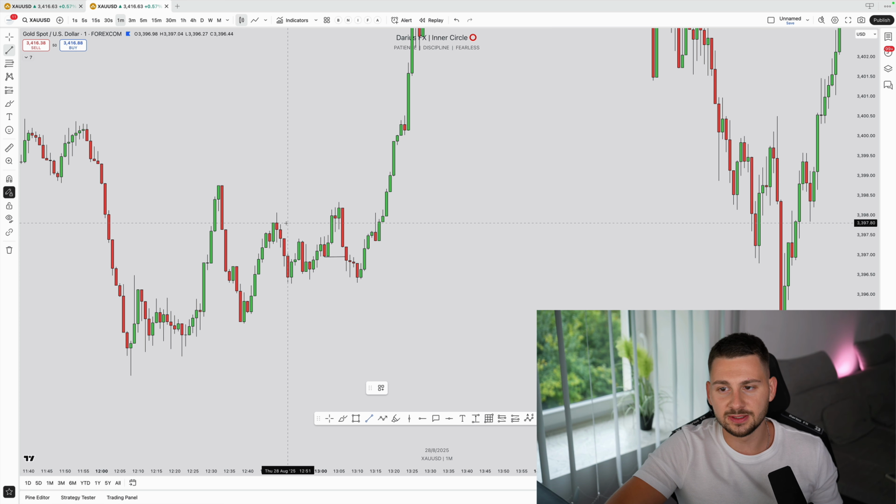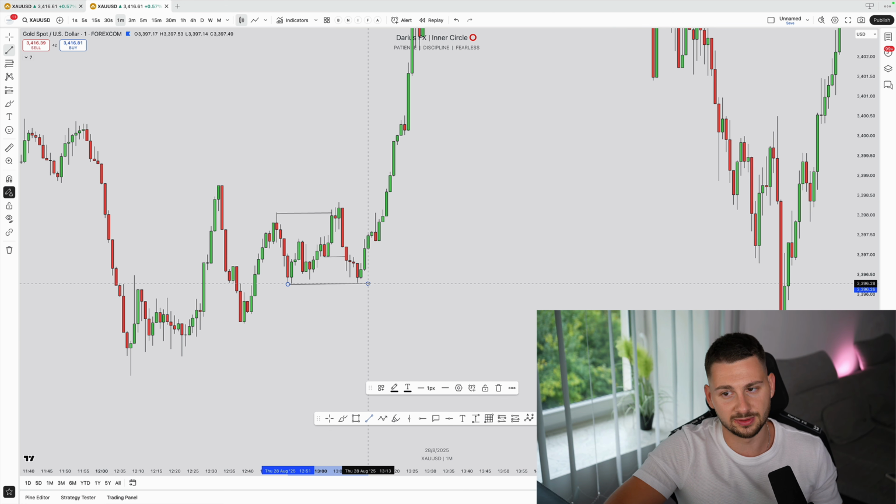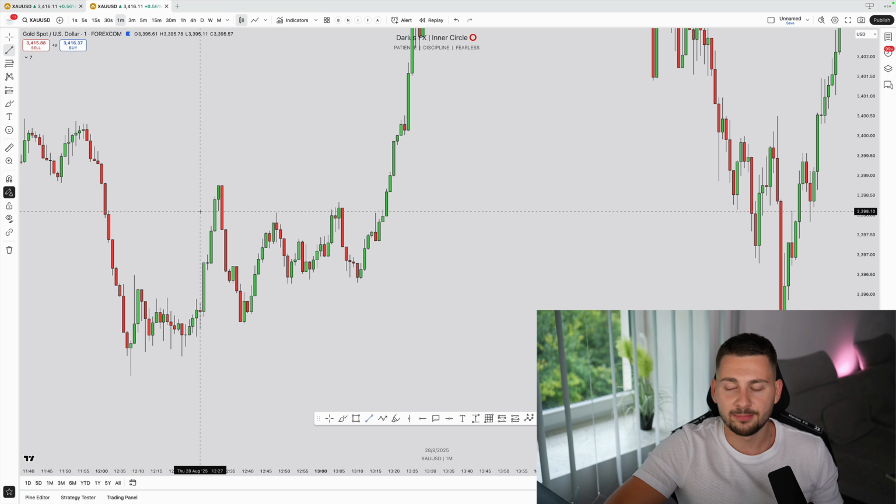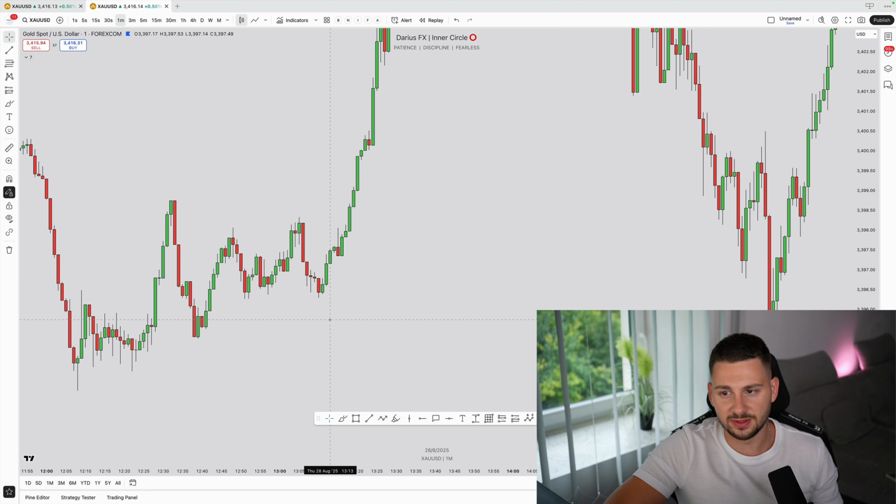But for instance, you see it also here. The price here prints a higher high, right? But it's not a breaking structure, right? It's not a breaking structure. While to the downside, it gets broken. But as you can see, for instance, this low never gets broken, all right? So this is why I would not classify this even as a BOS in this case. But we will have other concepts to read through that.